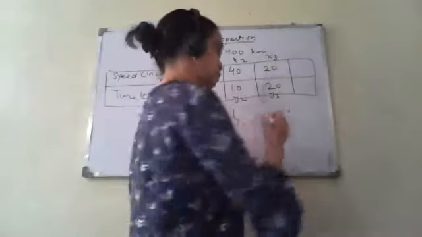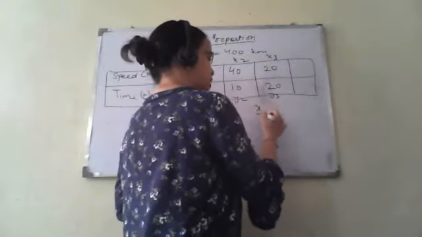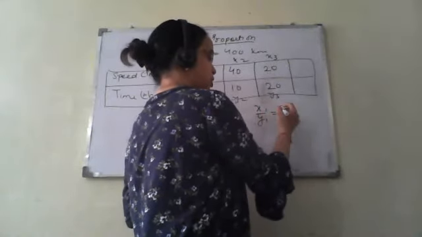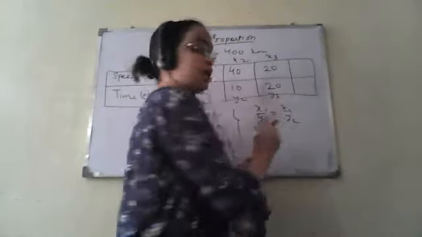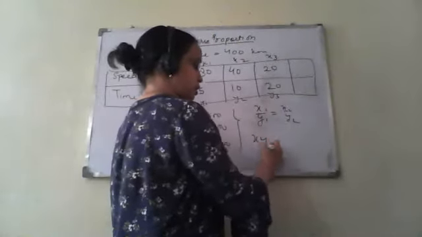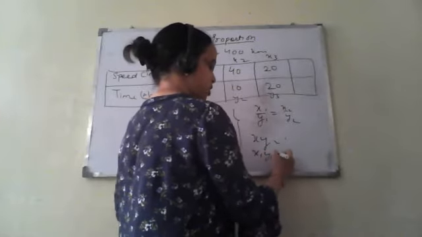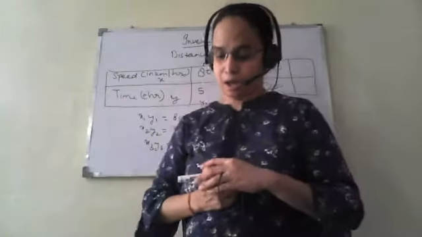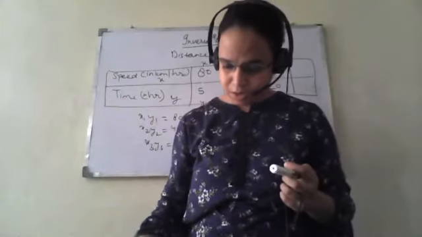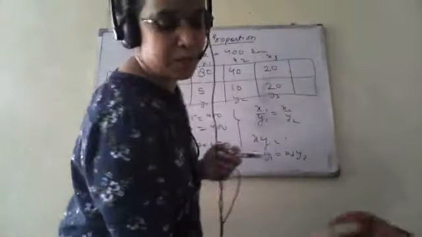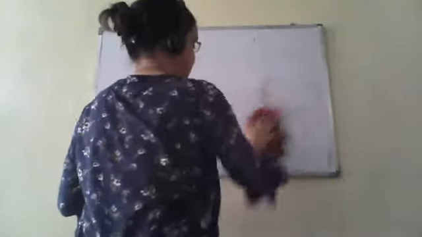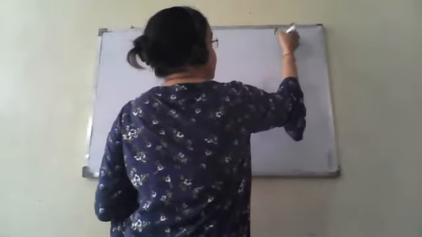In case of direct proportion or direct variation, x upon y was constant, or x1 upon y1 equals x2 upon y2. In case of inverse variation, their product is constant, or we can say x1 y1 equals x2 y2. So this is the basic thing you have to keep in mind. Now we will discuss the examples. So here we have example number 7 on page number 212.